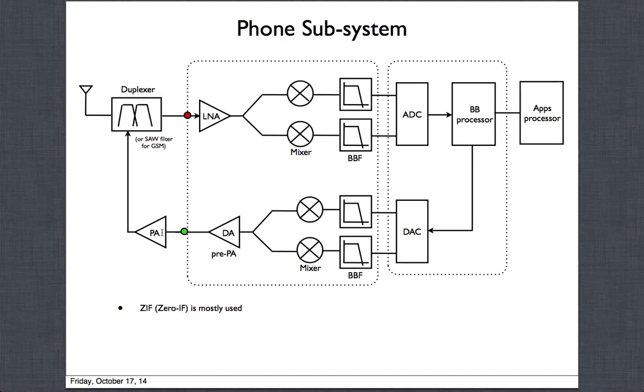So if it's a 3G or 4G PA, it has to go through the duplexer and then to the antenna, so that the transmit signal does not come directly from the antenna and wash out the received part. So that is a phone subsystem as a single picture, and again this is only showing one band.